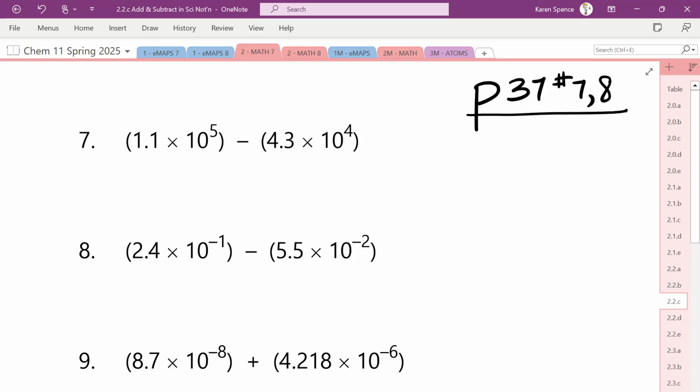Oh, yes. It makes both the same power of 10. Yes. So you can want to use 5. Yes, exactly. And then